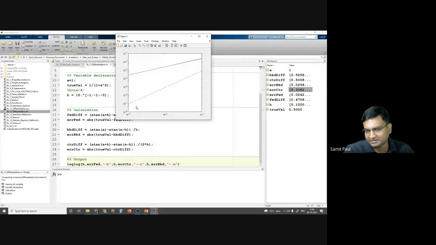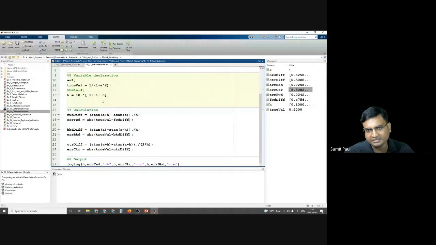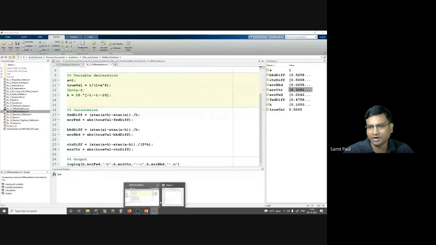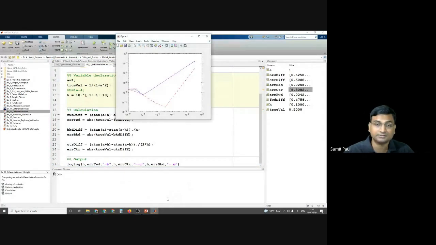This is expected. Now, if we decrease it further, say maybe up to 10 to the power of -10, and run, what happens? This is interesting. Initially, when we are decreasing the step size, the error is getting decreased.